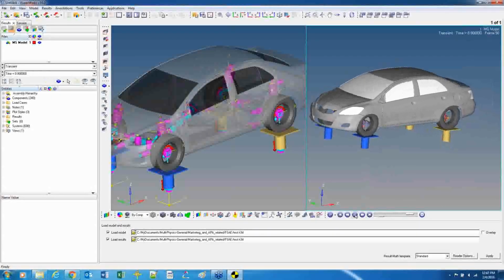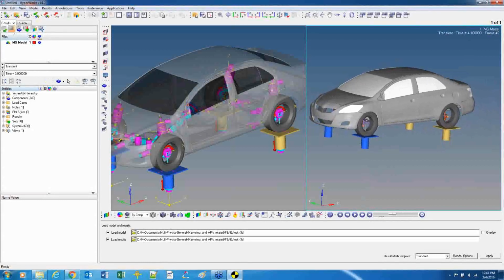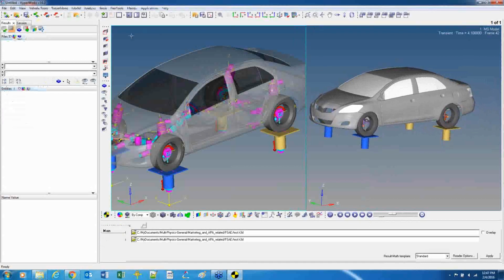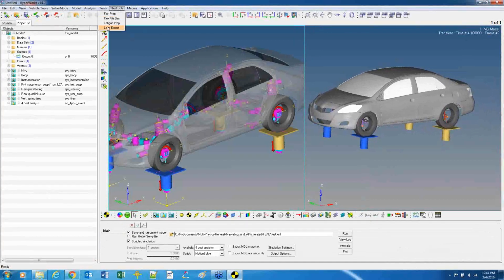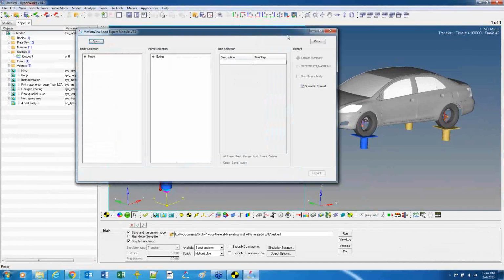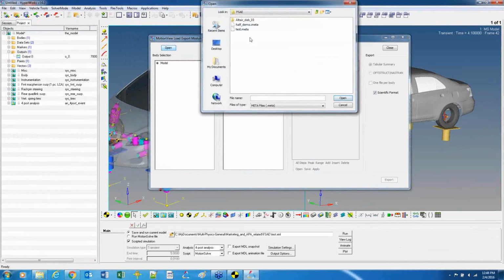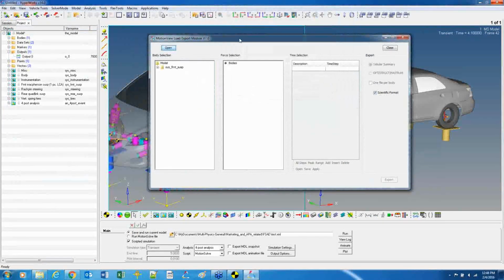But now, the visualization is one thing, but I actually want to do something with those loads. And that's where, if I go back to the pre-window, there's this utility called load export. This is a big time saver, because now I can go and pick that metadata file, and it recognizes that in this case I had triggered one body, and found all the attachments on the body where forces were being generated. And now what I can do is grab different time